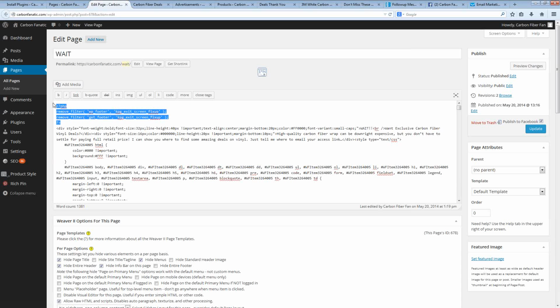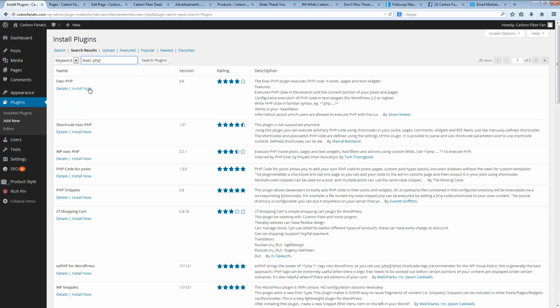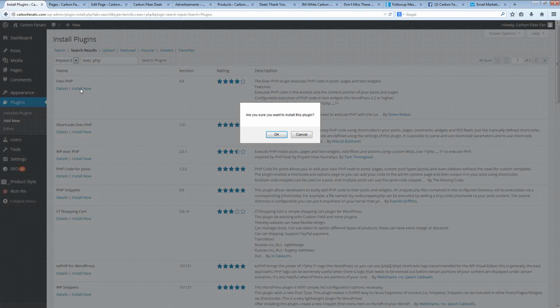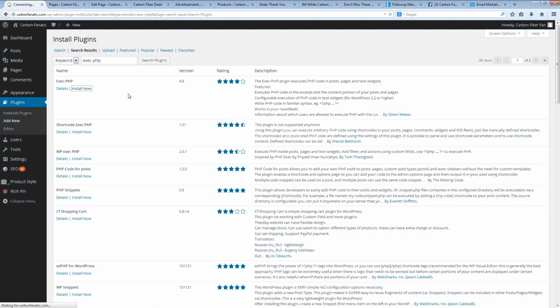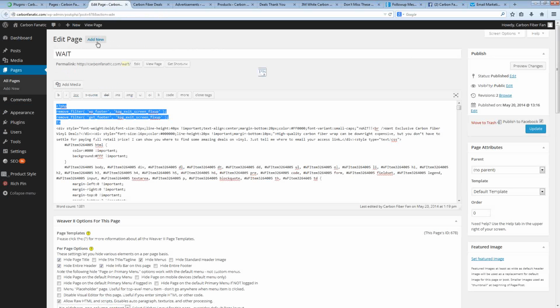Now, to be able to use this coding right here, you need one other plugin, and that is called Exec PHP. This allows you to execute PHP code within your content. So by installing this plugin here, I have my wait page. This PHP code would now go into effect. And ultimately what this is doing is